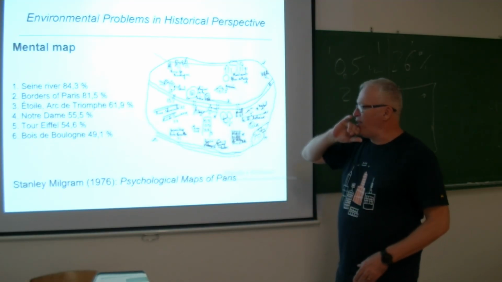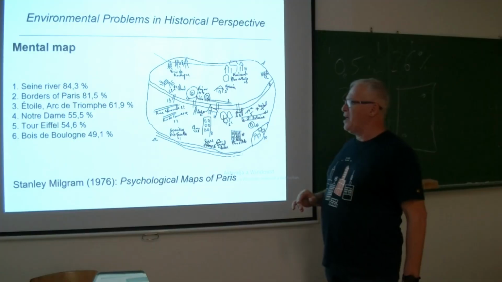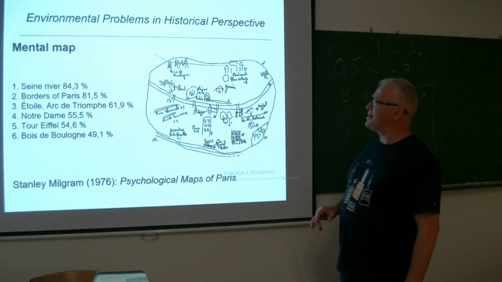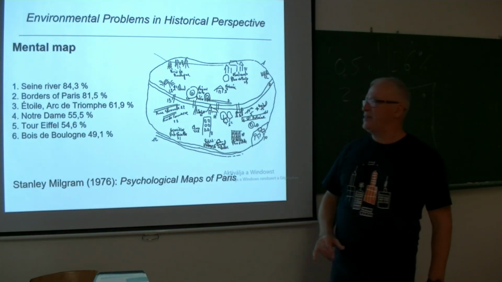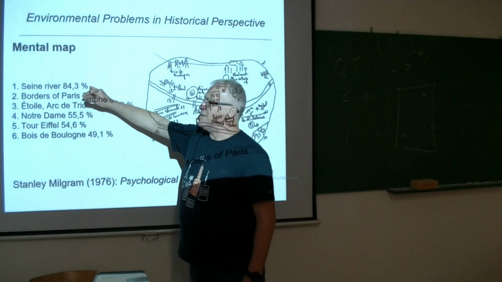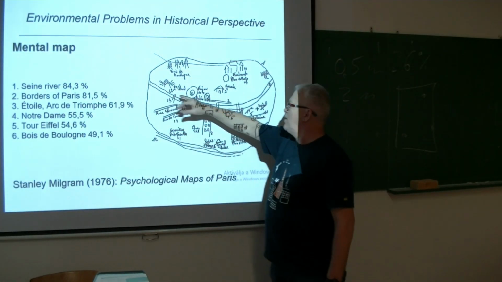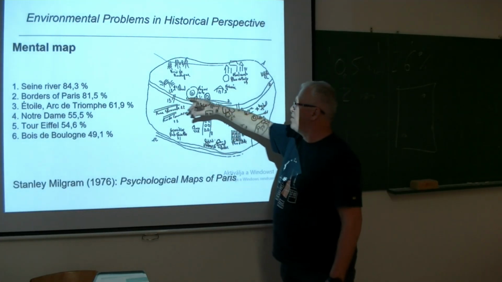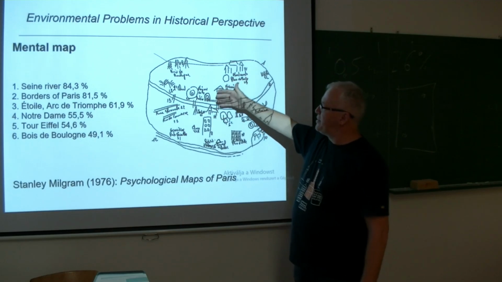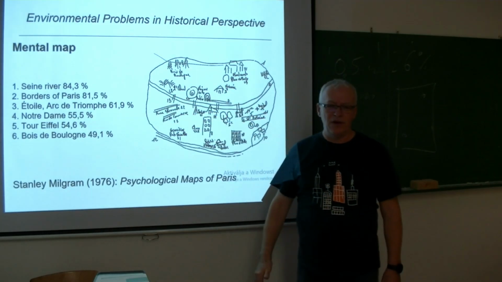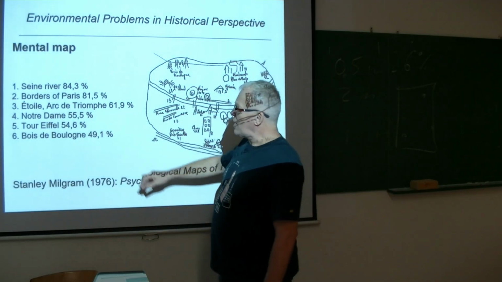Ask a little bit more than 300 inhabitants of Paris to draw their spatial memories. The winner is the Seine River. It's cutting the city into two parts, the Seine River. Therefore, the majority who are living in Paris met with the Seine River. This is the winner. The second one,